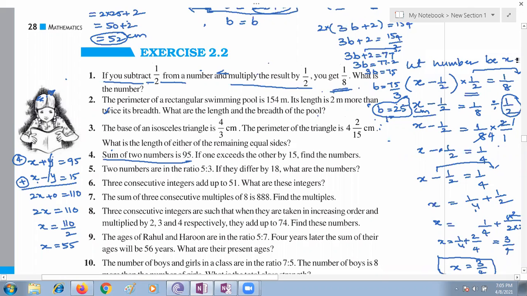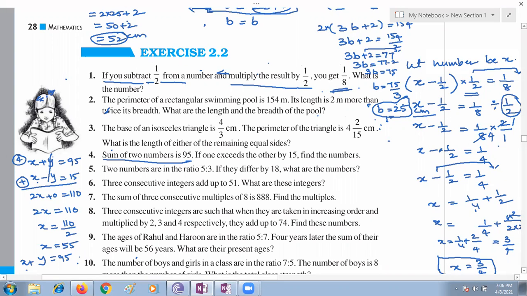No, if you take it like that also, you will get the same answer. You check it now. x plus y is equal to 95. If I want the y value, what is the y value? It will come as 40. Ma'am, one will be 40, one will be 55. If you want x plus y, we know that x plus y is equal to 95. You know x is 55. 55 plus what number gives 95? 95 minus 55, 40.